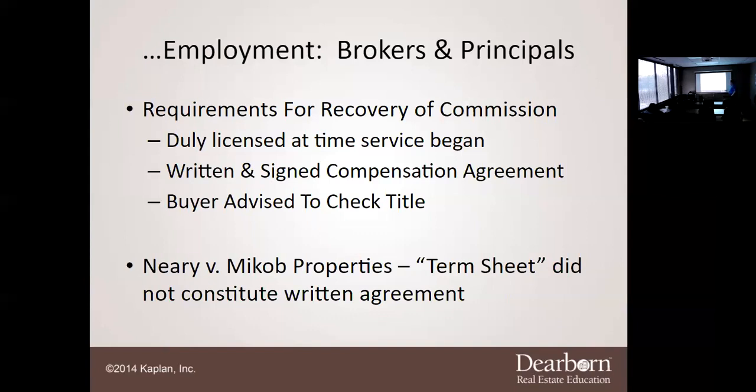Okay. Now, also, the requirements for the recovery of a commission. Here are your three parts here. In order for there to be recovery of commission, you must be duly licensed at the same time the service began. So here's the kicker, guys and gals, if you are or are not going to stay in real estate. Say, for example, Cody gets his real estate license today, and he's representing Mr. Garrett. Okay, so you're representing Mr. Garrett, and halfway through the transaction, your real estate license lapsed because you didn't do your education courses.